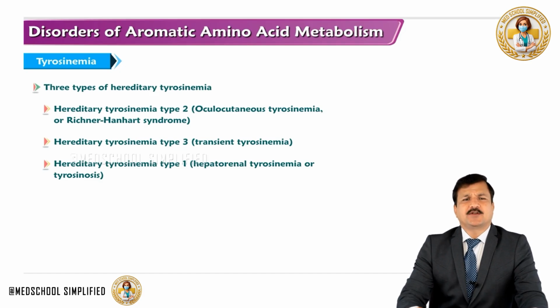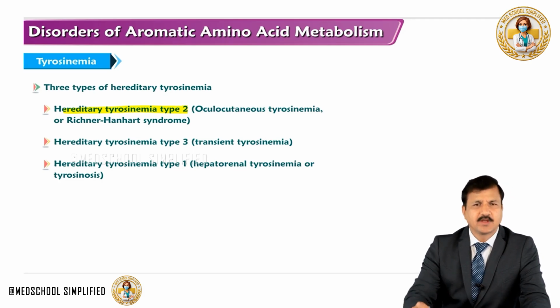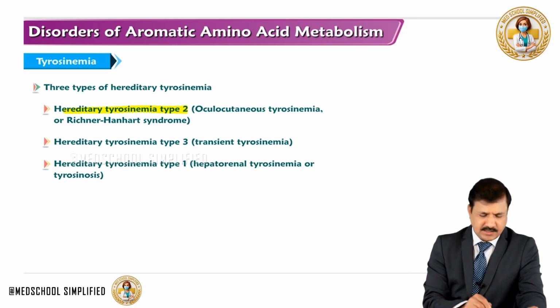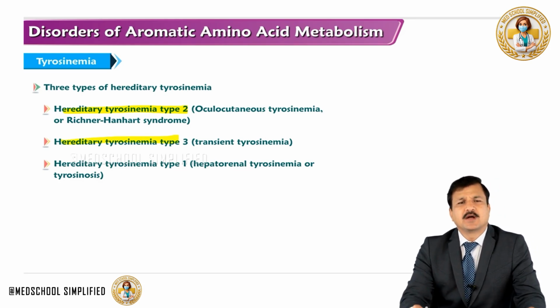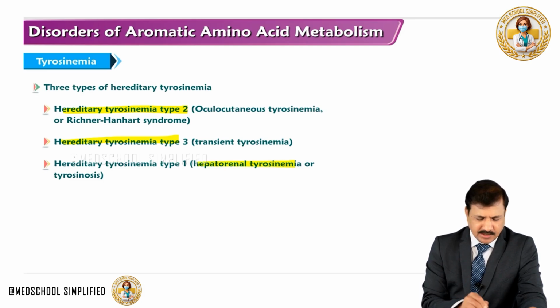There are three types of tyrosinemia that are known, which are hereditary tyrosinemia type 1, hereditary tyrosinemia type 2 and hereditary tyrosinemia type 3. Now the hereditary tyrosinemia type 2 is also referred to as oculocutaneous tyrosinemia, sometimes referred to as Richner-Hanhart syndrome. Hereditary tyrosinemia type 3 is known as transient tyrosinemia, and hereditary tyrosinemia type 1 is called hepatorenal tyrosinemia, also